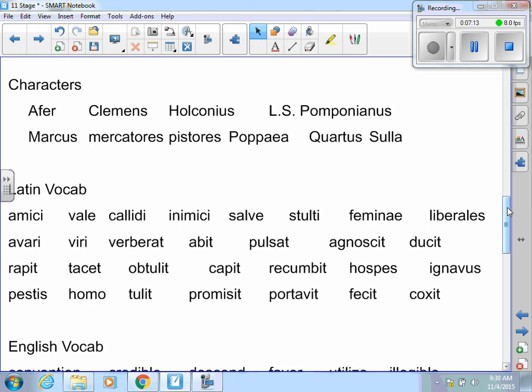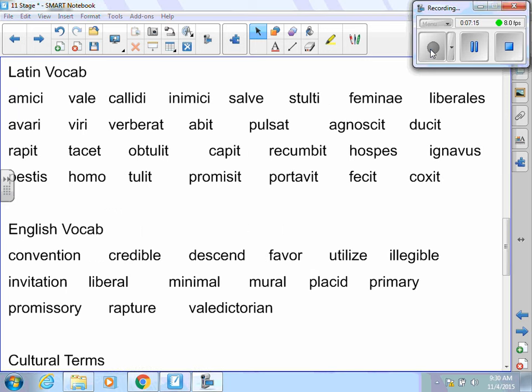Latin vocab, there's a section on your test that's going to review some of those vocab words that we've had in the past, so you need to know what the words mean. They're going to give you a word like amici, and they're going to ask you what's a similar Latin word or what is a Latin word that means exactly the opposite. You need to know that amici is friends, vale is goodbye, calidi is clever, and amici is enemy or unfriendly,